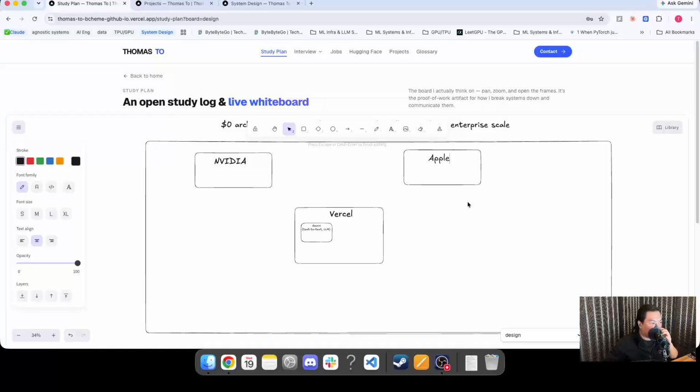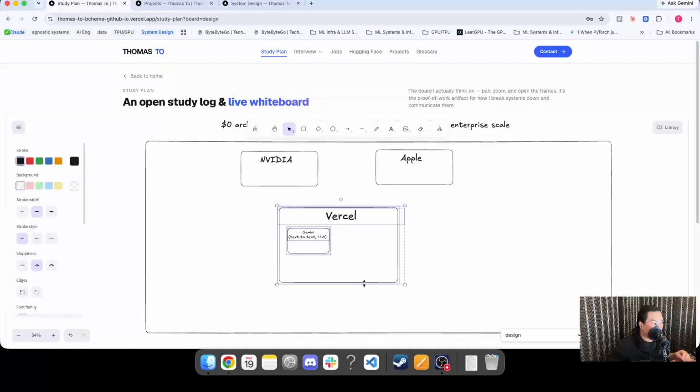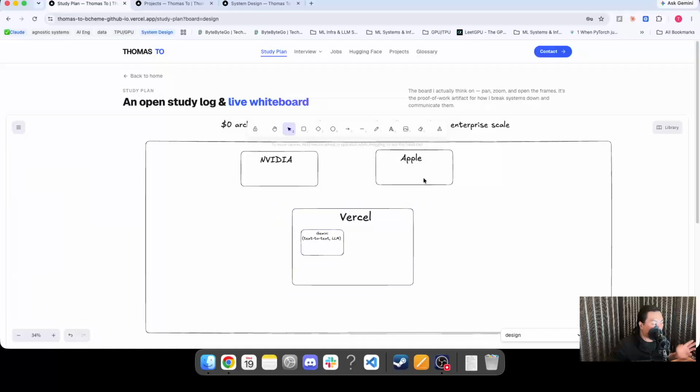Apple's a personal preference of like places I would actually work at. And then NVIDIA because I'm working on C++ and CUDA work, so it makes sense. Why not work there? So